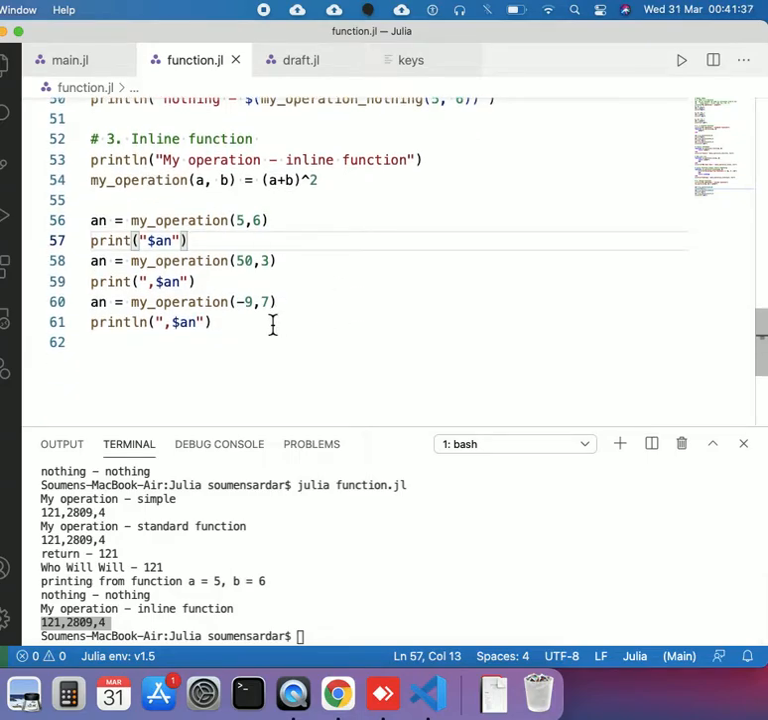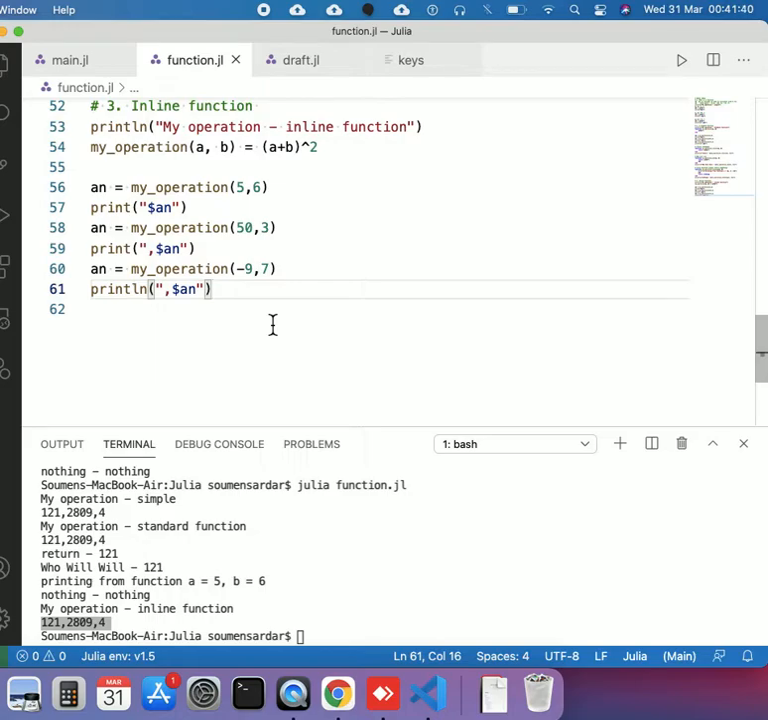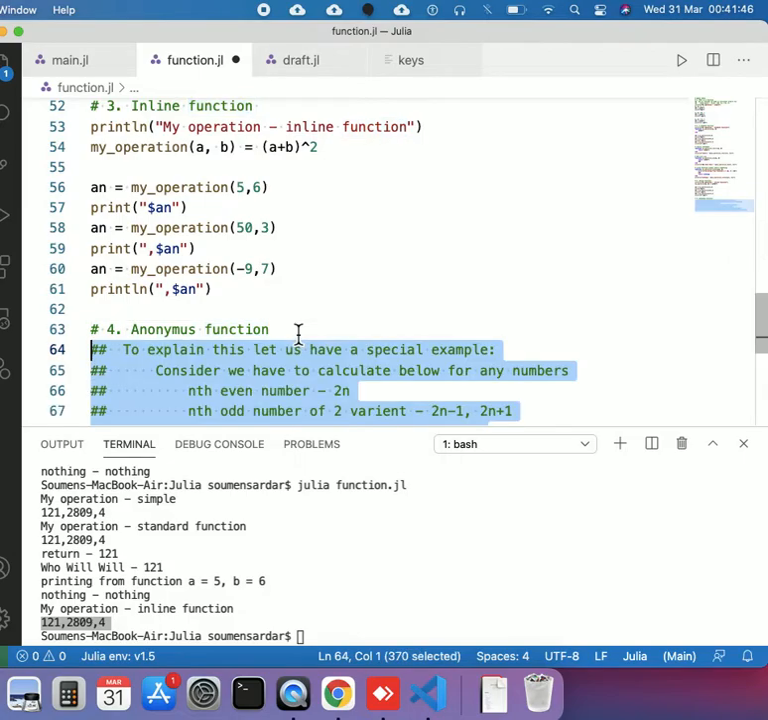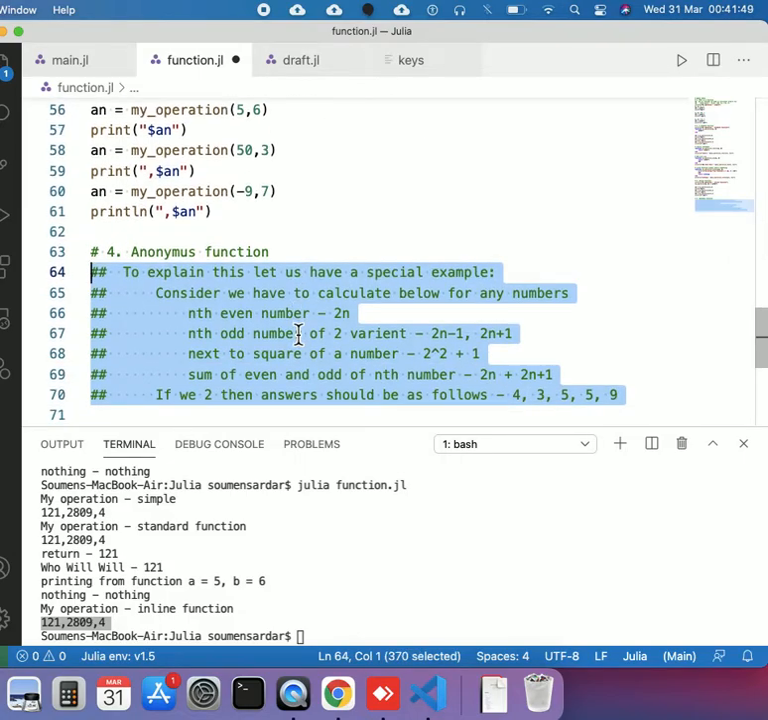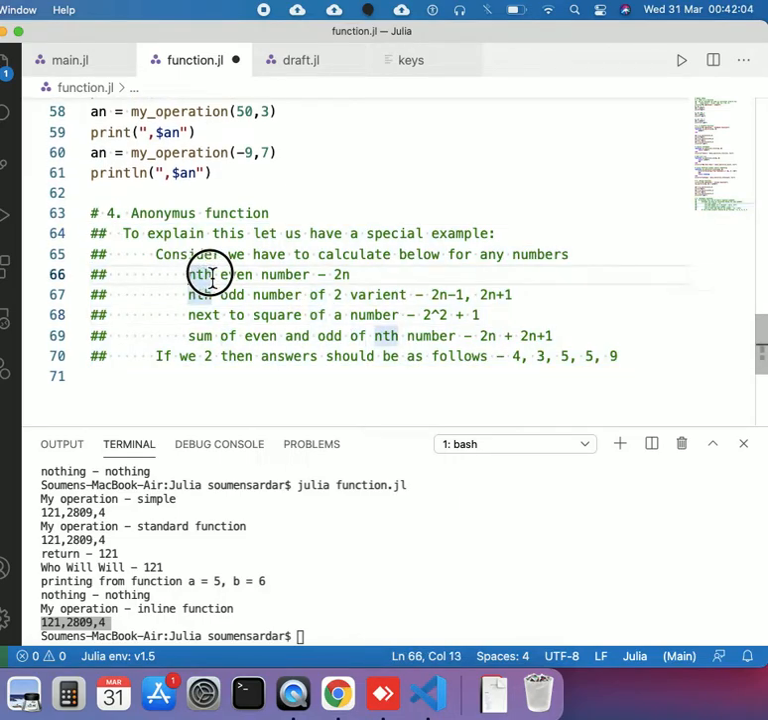we are about to end our video, and we are almost done with only one topic, anonymous function. This is a very interesting topic, and to explain it we need a good example. Let us consider that we need to perform multiple operations on a single number. Like here, I want to calculate the nth even number and the nth odd number. The nth odd number is 2n minus 1 and 2n plus 1. Two variants are there,